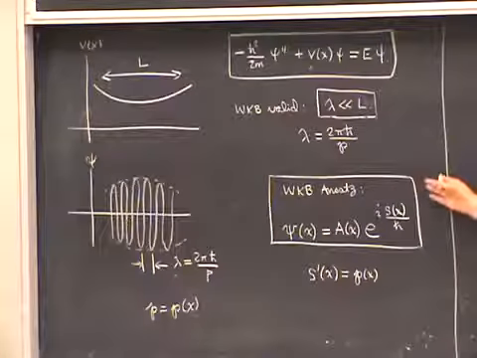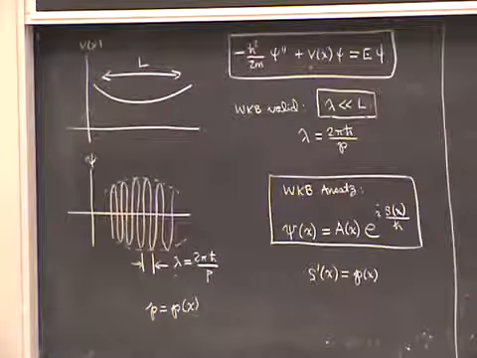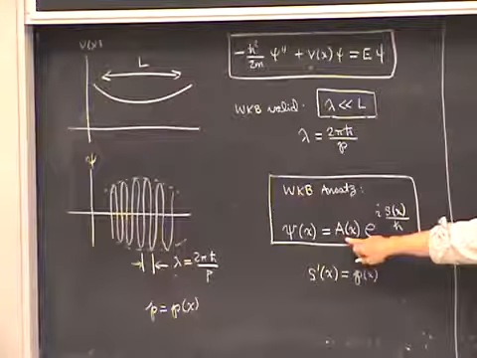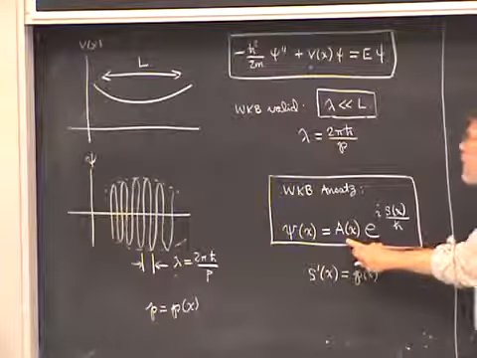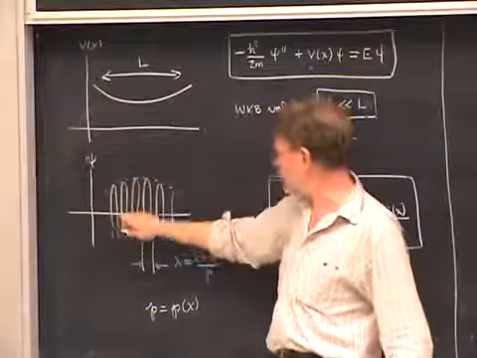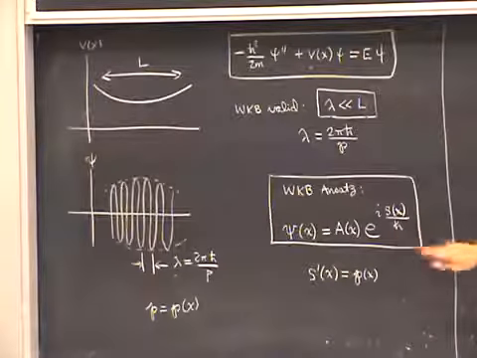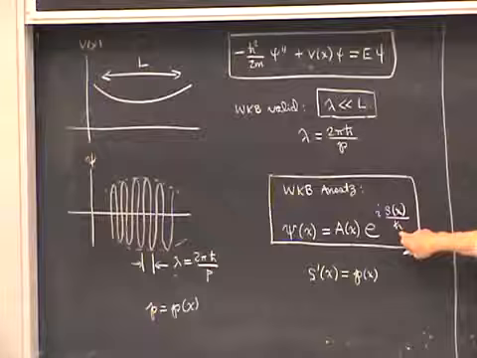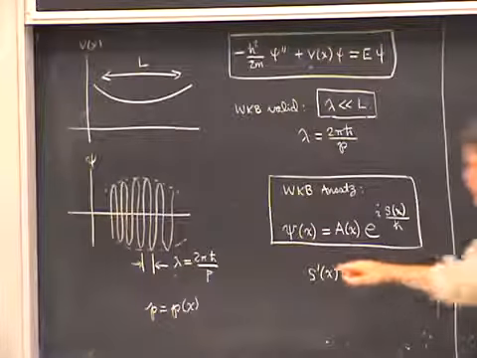In any case, looking at a picture like this leads to the WKB ansatz of the wave function, which is that it's a slowly varying amplitude times a rapidly varying phase. Slowly varying means varying on the scale length of the potential, as you see by this amplitude I've drawn here. And rapidly varying phase means that in a short change in x, the phase undergoes several oscillations. In fact, in a single wave